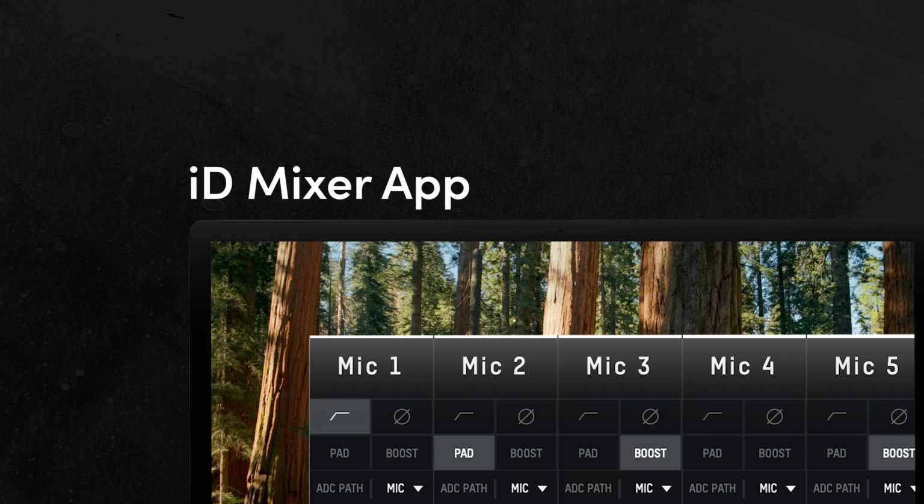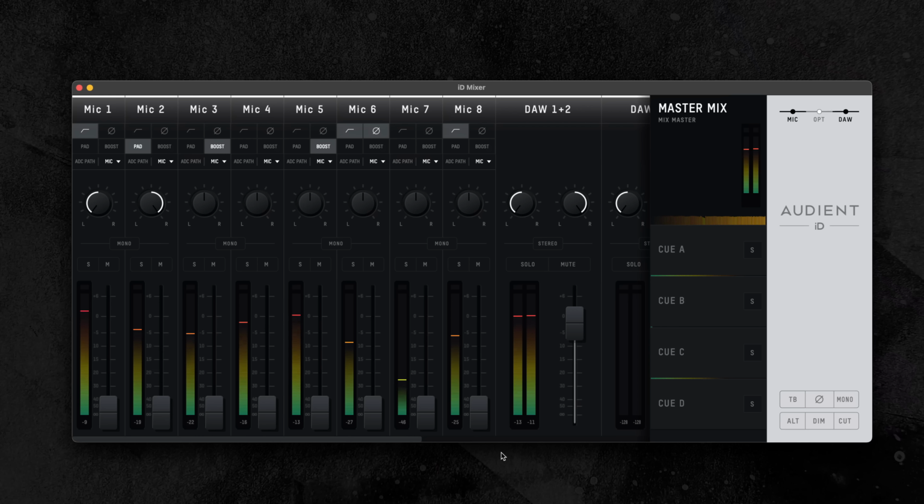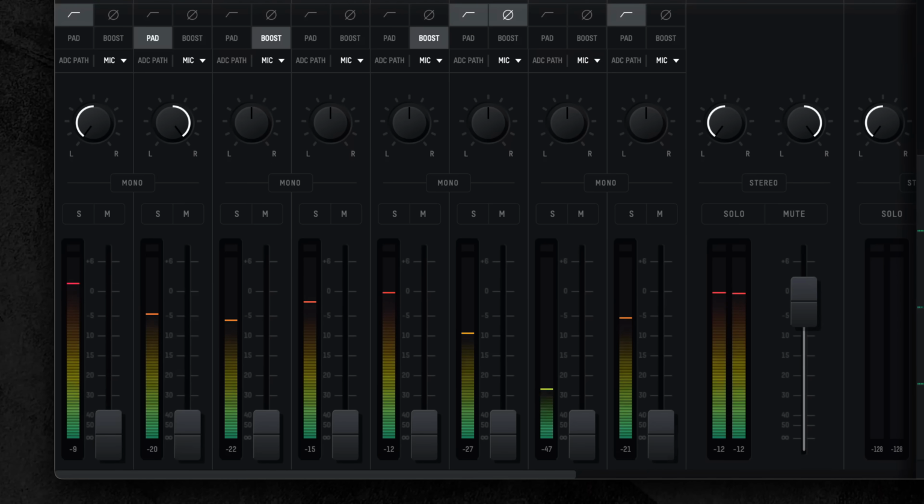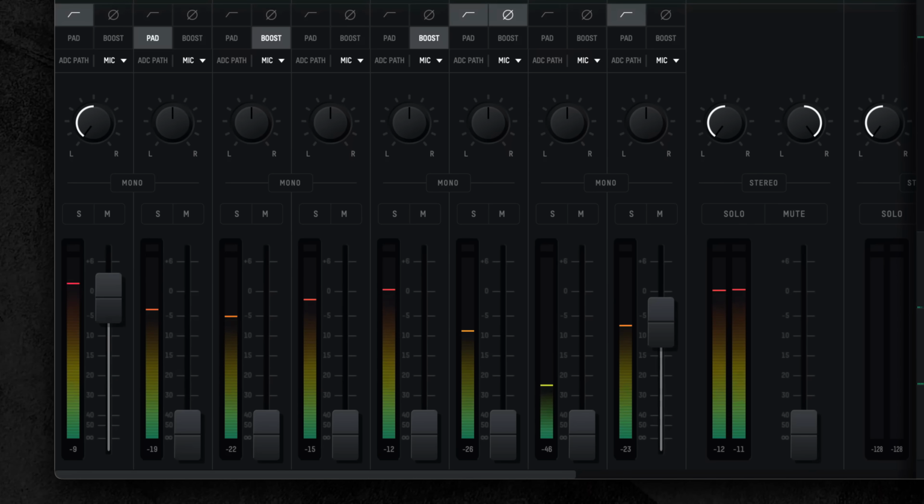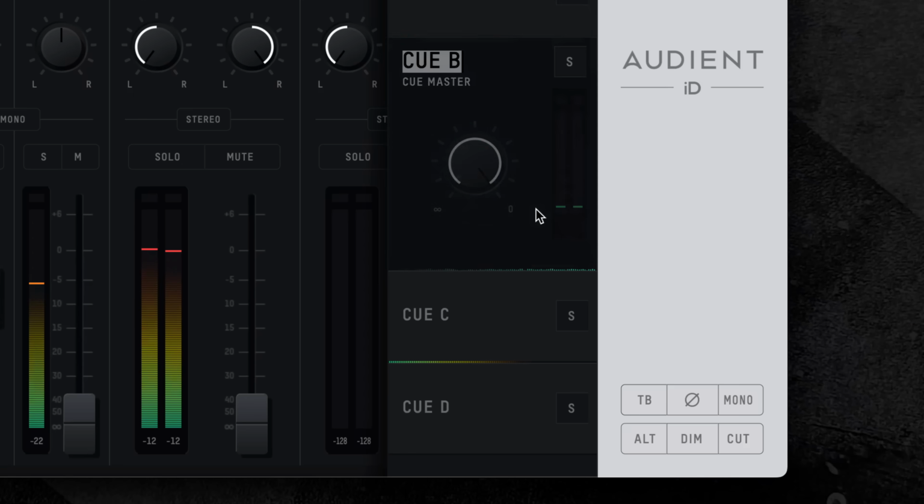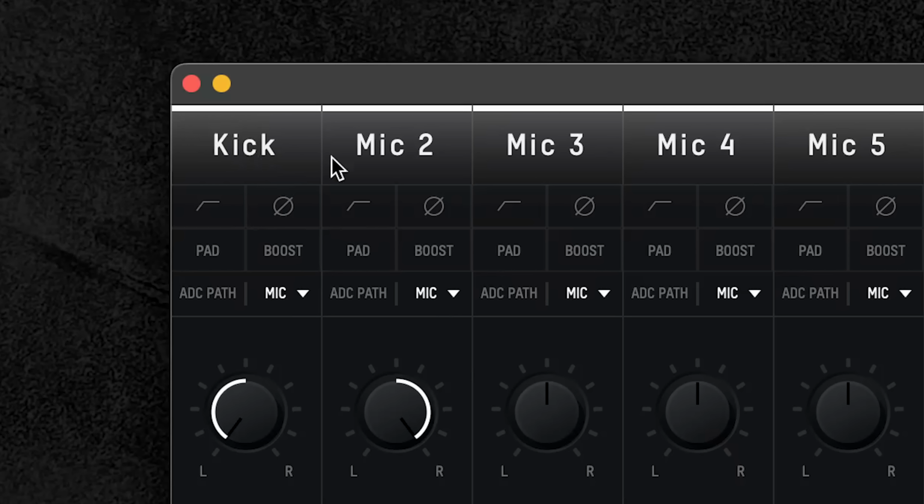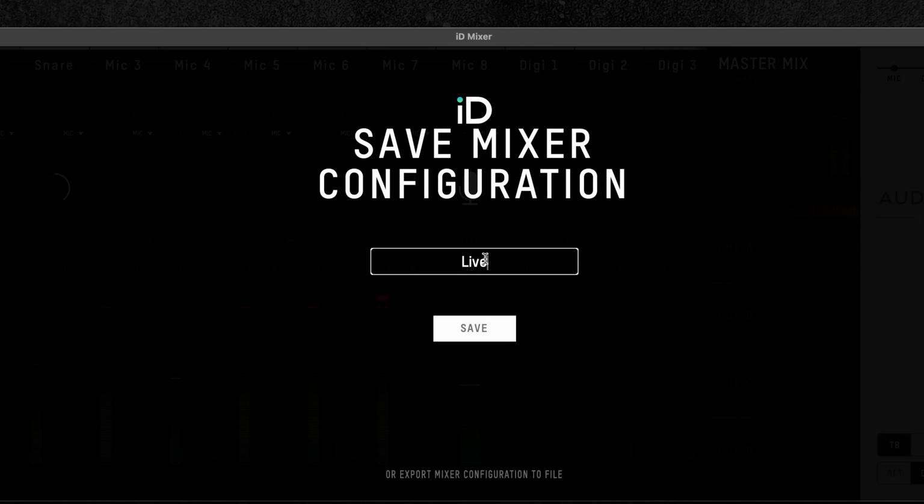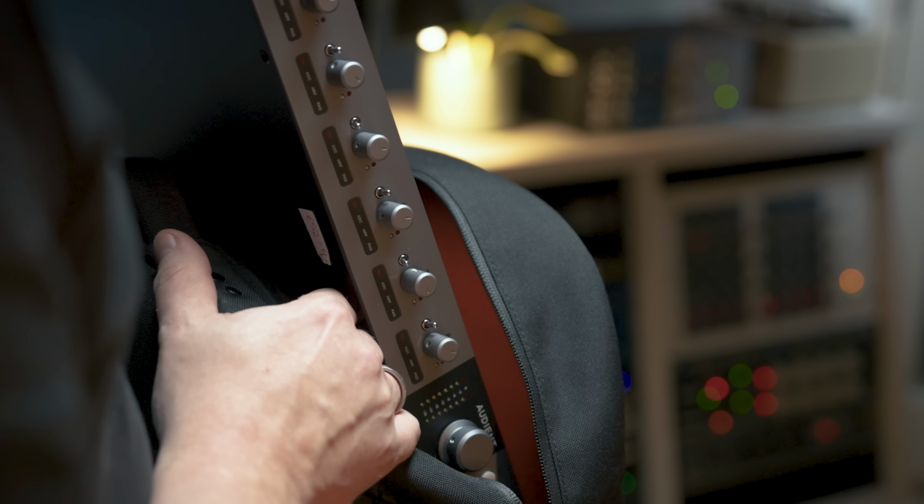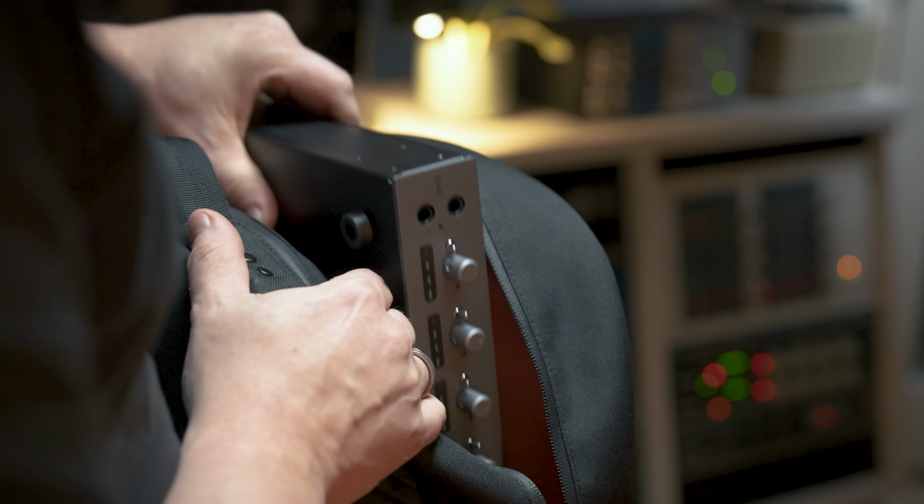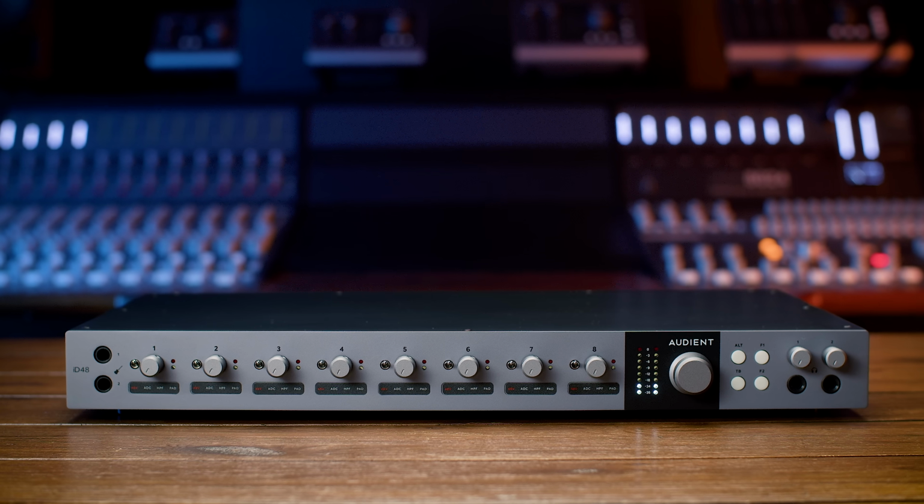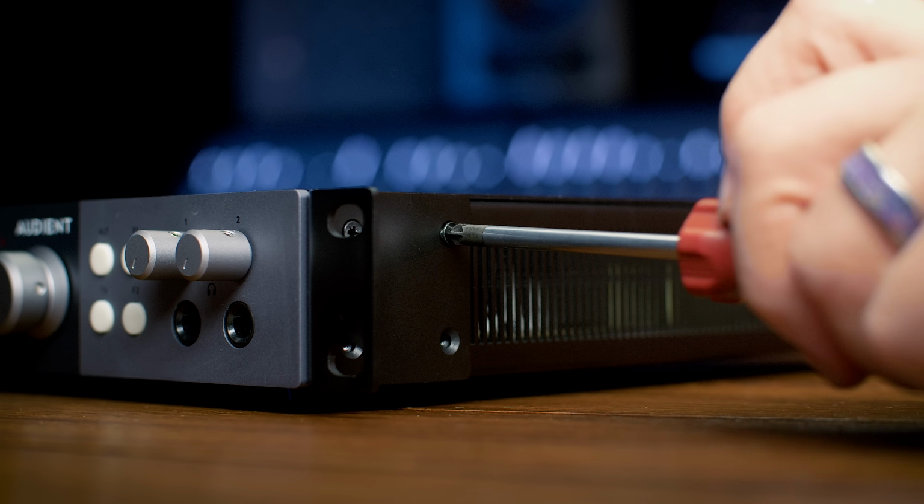The ID software mixer tightly integrates hardware and software, letting you effortlessly set up low latency direct monitoring, create up to 4 stereo artist cue mixes, name and customize channels, save layout presets, and quickly set up advanced routing, all from one easy-to-use app. At just over 44 centimeters wide, an all-metal construction, and with detachable rack ears, which come